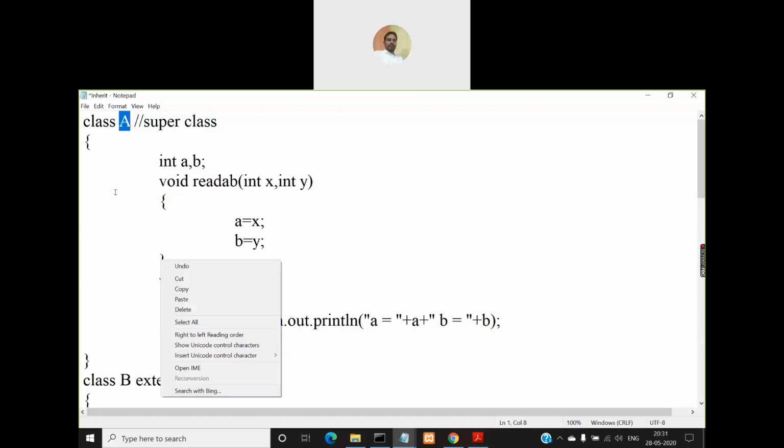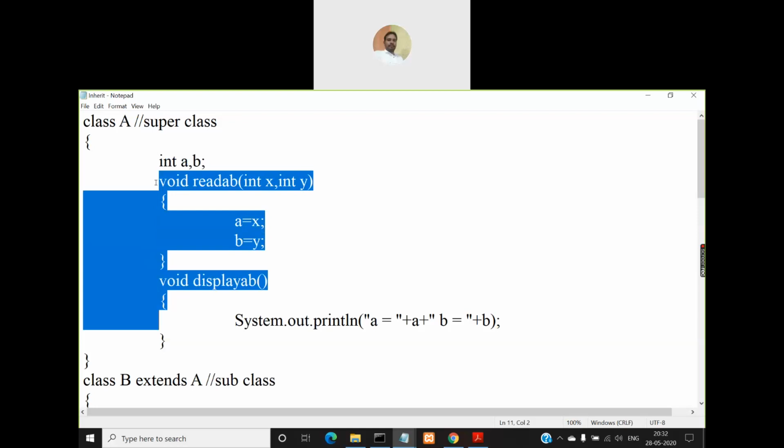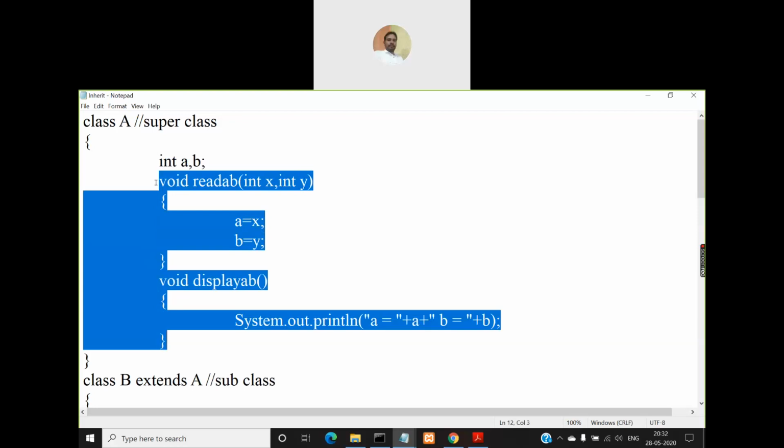Now that you understood the syntax and how to make a subclass for another existing class, let us see what class A has, that is, how many members are there in class A and how many in class B. Class A, the superclass, has two instance variables a and b of type integer, and two methods readAB and displayAB. Both return types are void.